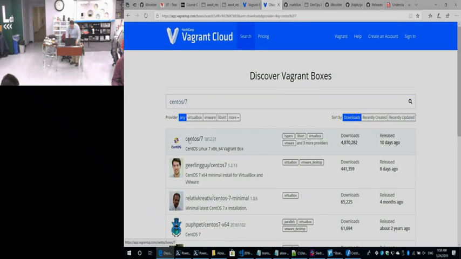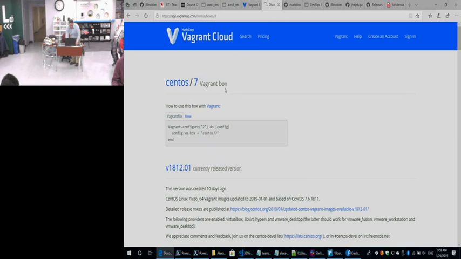Technically, this has a URL of http, vagrantcloud.com/boxes/centos/7. But the Vagrant software has a nice little shortcut in there,